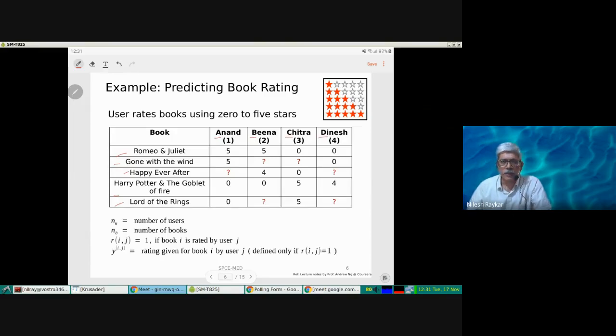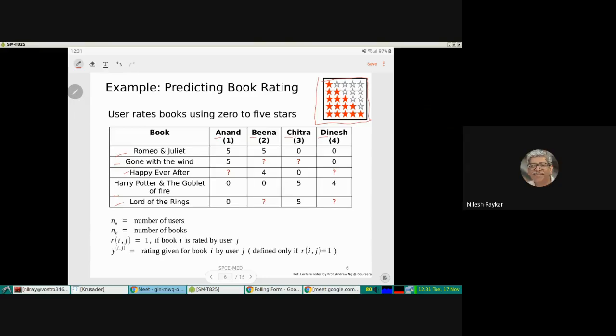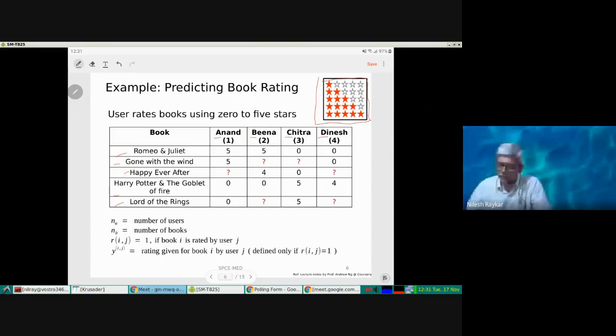And these users are giving their ratings on the scale 1 to 5, which we are familiar with, 1-star rating to 5-star rating. Anand and Bina are giving high ratings to this set of books, whereas the other 2 are giving high ratings to the remaining 3 books. As you can see, the first 3 books are of a certain type, more of a romantic type, and this can be one group, and this can be another group.